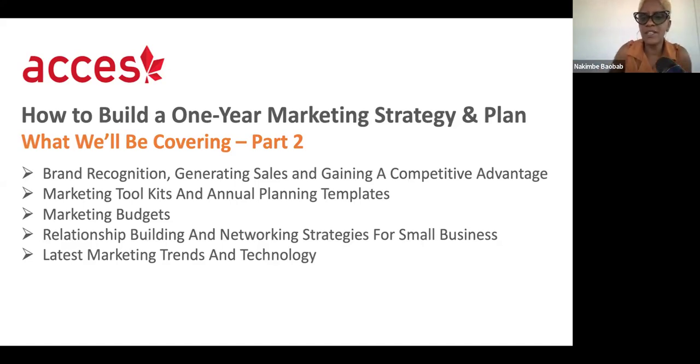So you have to do the same thing for yourself by doing this exercise, and that's finding out what makes you special. Why should someone pick you, marry you? What's your competitive advantage? What do you bring to the table? Then we're going to talk about marketing toolkits and annual planning templates, which really is just AI these days, right? You can just go online and Google it and download something. So we won't be spending much time there.